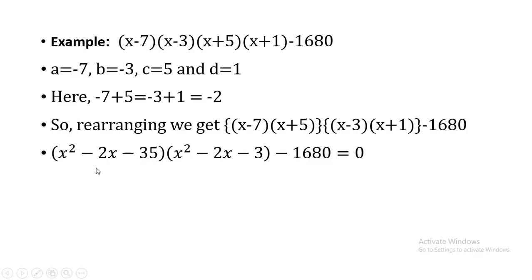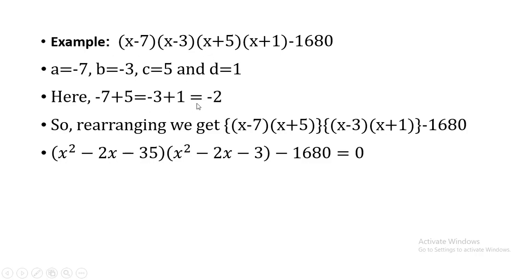Why? Because as you can see, the two terms in this bracket and the two terms in this bracket are equal, and that is why we can suppose them to be another variable. Suppose these two numbers are not equal, how can we suppose anything? There will be two suppositions in one equation, which is not possible. So in order to convert it into such a form, we need to arrange this equation first.